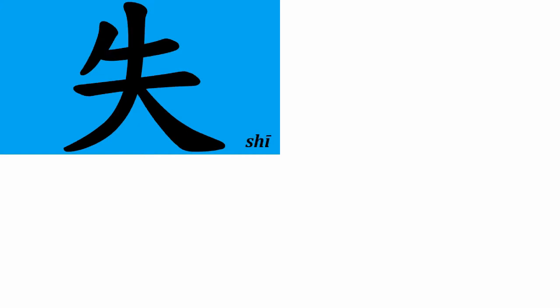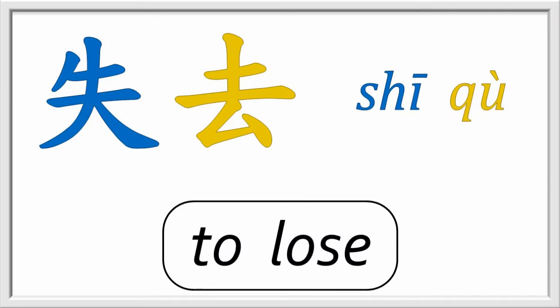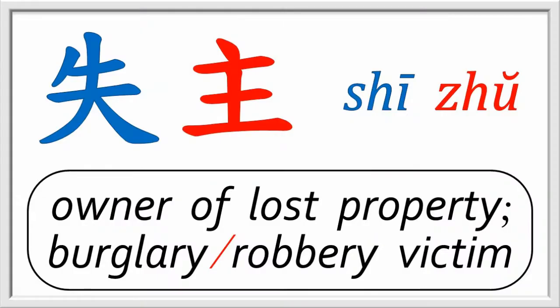It's pronounced first tone, 诗, 诗. Over centuries of copying by scribes, the original hand radical morphed into what now looks like 夫, the character for an adult male that we saw in lesson 2. 失去 is the verb to lose, and 失主 is the owner of lost property or the victim of a robbery